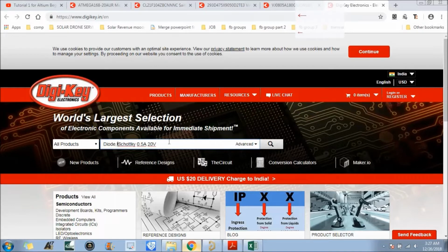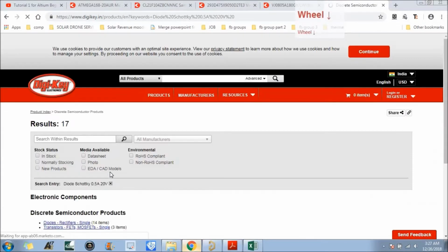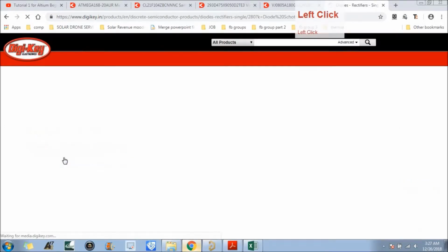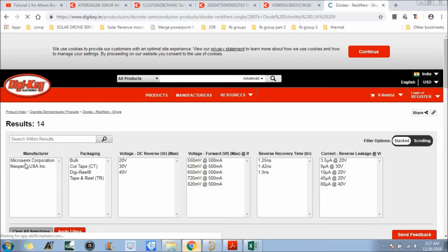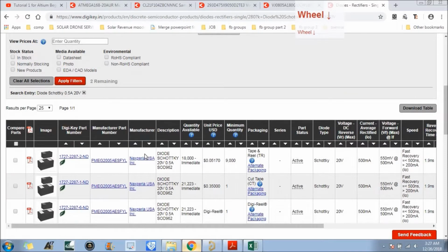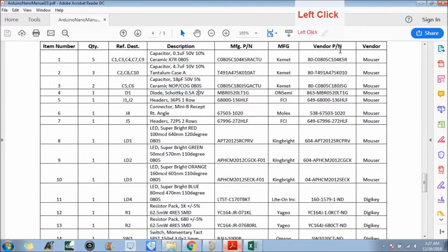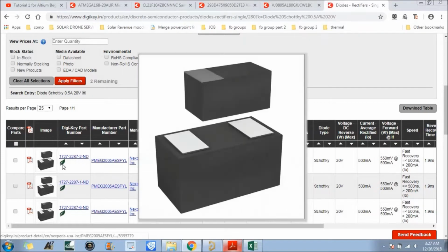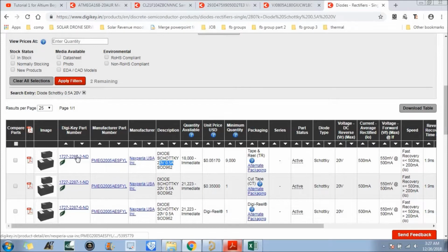So there are 14 items available there. You can click over there. Just select a manufacturer. So I'm just going to select the Microsemi there. Okay, so this is the component, the first one. Okay, so there the minimum quantity is 9,000, and yeah, the second one is fine because the minimum quantity is 1. Okay, so just click the second option, copy the part